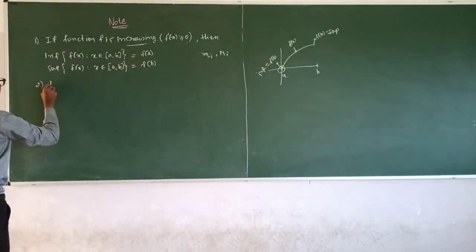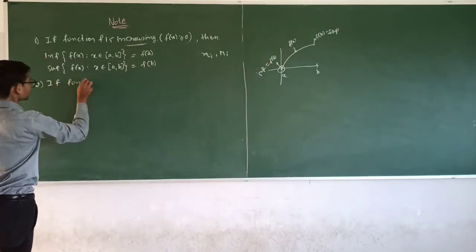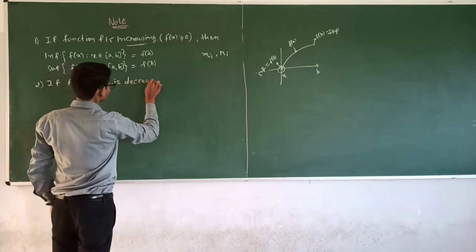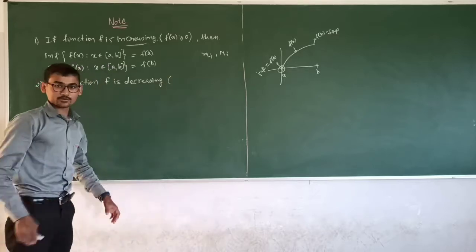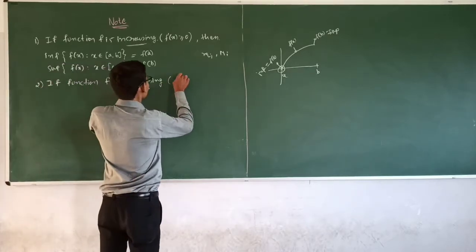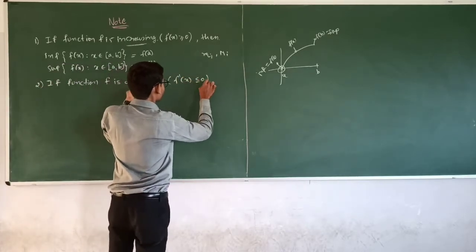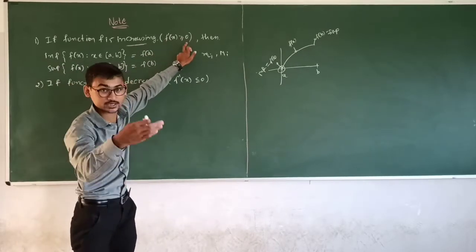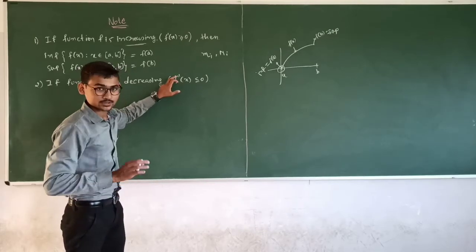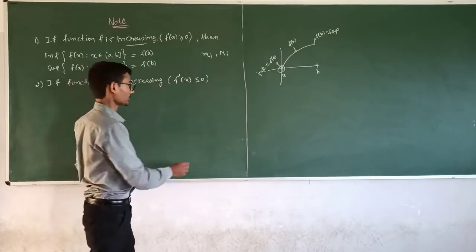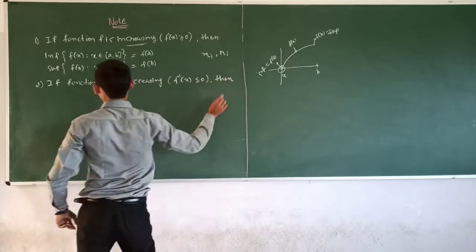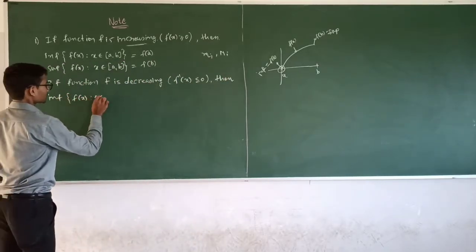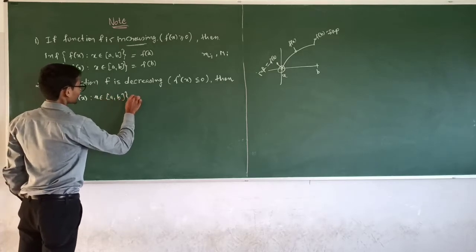Second note: if the function is decreasing, how do we check the function is decreasing? So if the derivative of f of x is less than or equal to 0, then f is decreasing. Derivative of f greater than or equal to 0, then f is increasing. Derivative of f less than or equal to 0, then f is decreasing. So then the infimum value of f of x such that x belongs to closed interval [a, b] is equal to f of